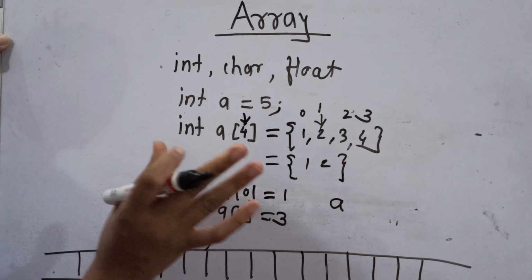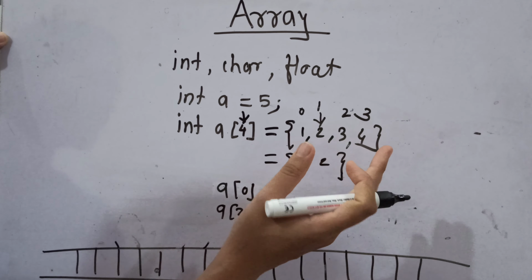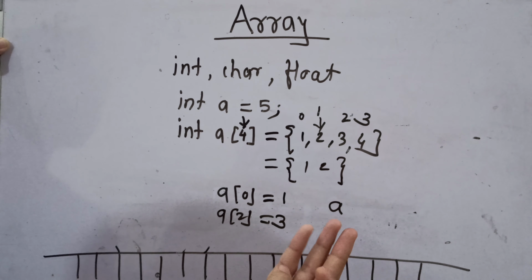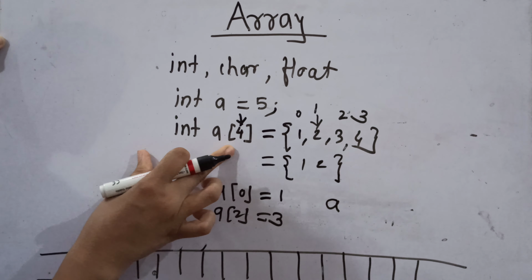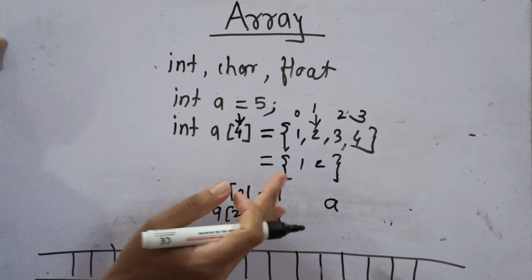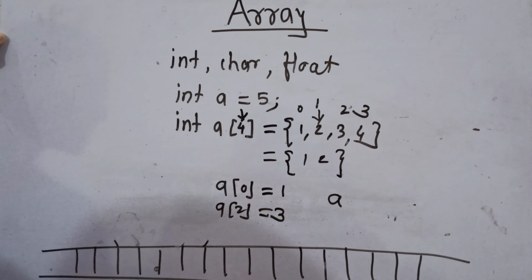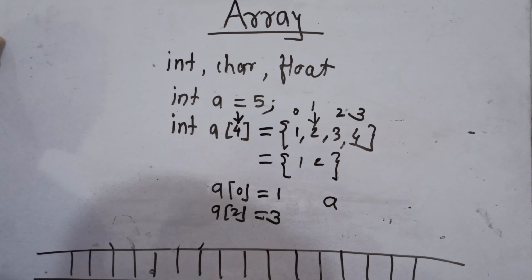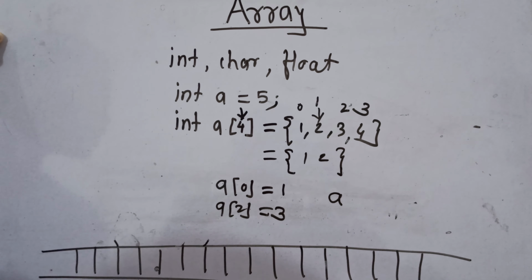Now we have seen the advantages of the array. The direct access is the major advantage. Second, we can easily implement this array, so it's easy for programming purposes also. And the disadvantage here is the declaration, as it is a static declaration. So this is the only disadvantage of the array.